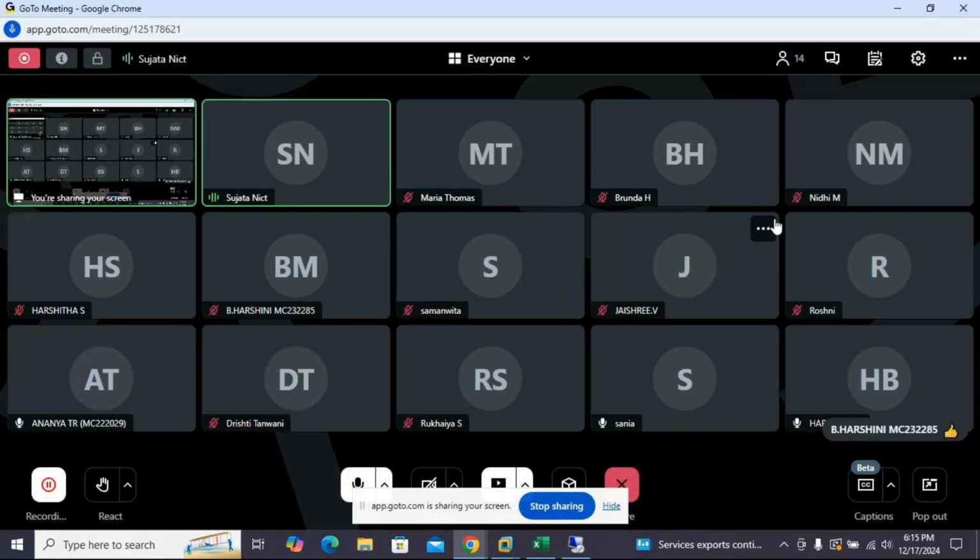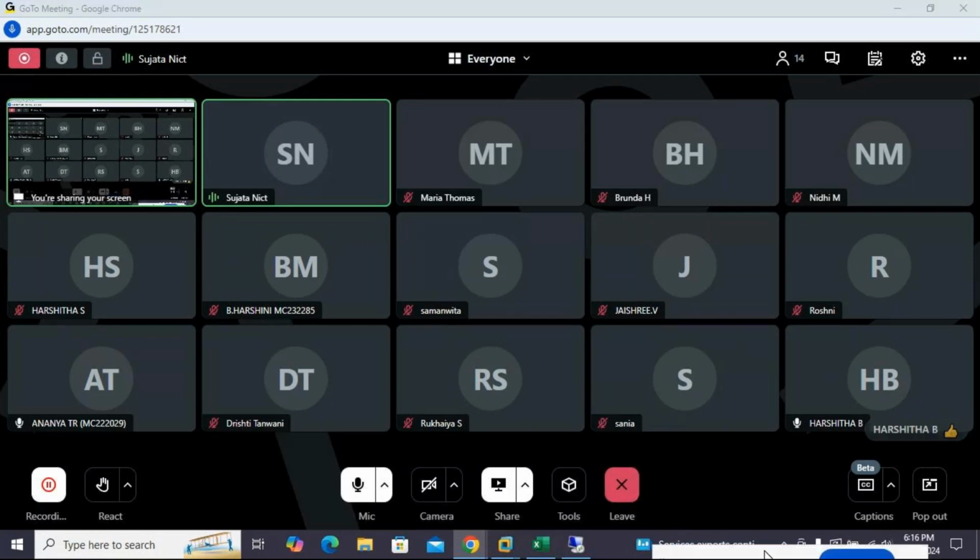I'll show you with some more examples today. We'll create some more GLs, and I'll do direct posting again, and parking and posting. This is a very important concept. So I'll show you with some more examples and it will be clear. And how to display the GL balances also, I'll tell you that. Okay, now see that.